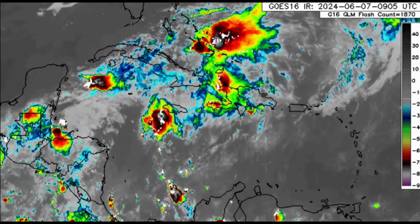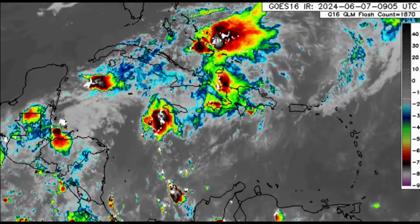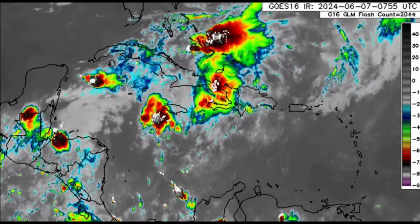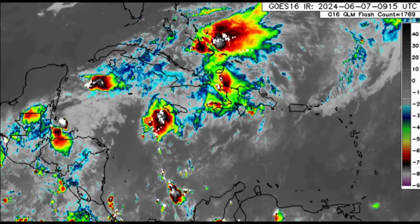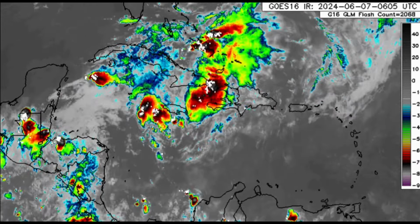There has been a lot of heavy rain in parts of Jamaica, a lot of heavy rain, thunderstorms, even flooding in some areas as well. And that threat is going to persist throughout today. So we're going to look at what both the GFS and Euro models have to show as it pertains to